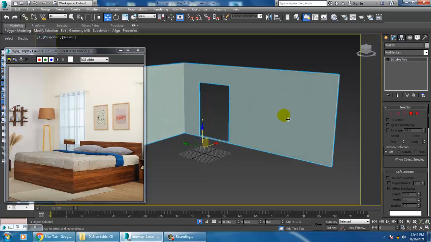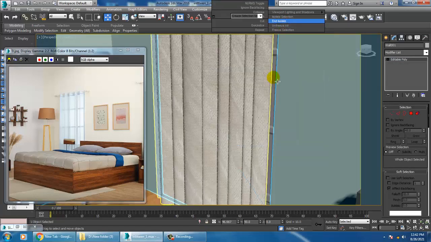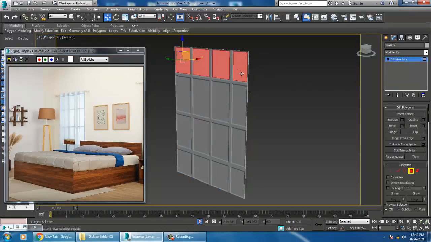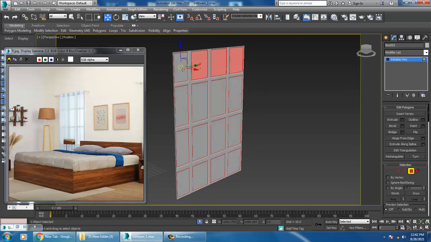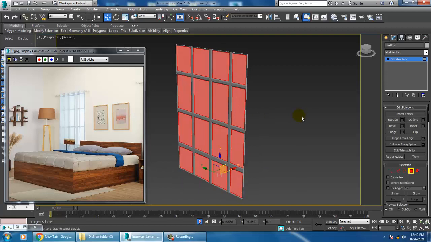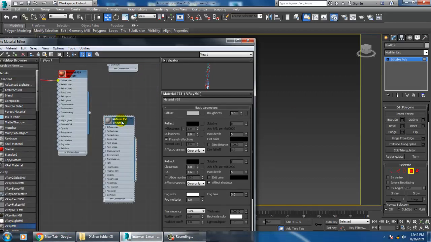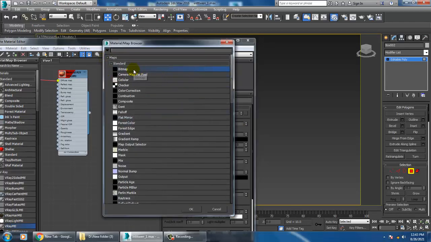I'll just isolate this. I'll select this window part, isolate this, select the polygons over here, and let's go into the material. Let's take a V-Ray material and go into diffuse, bitmap.